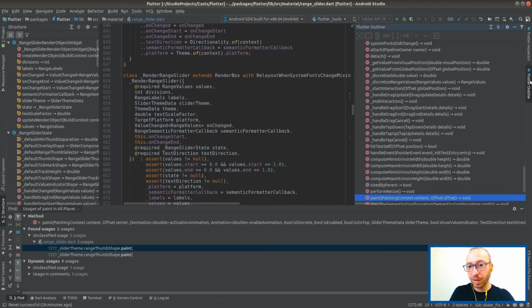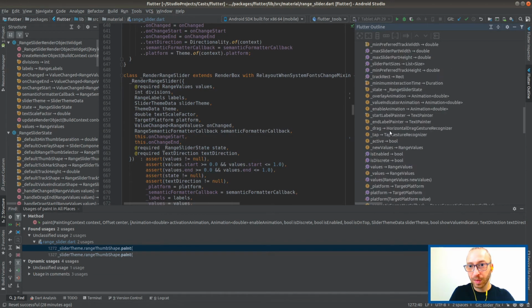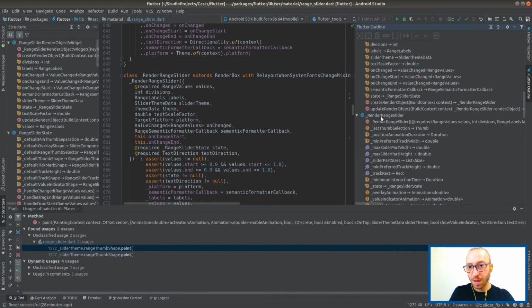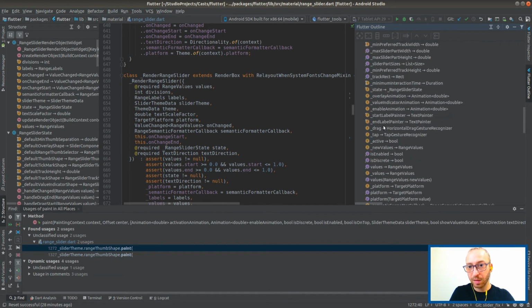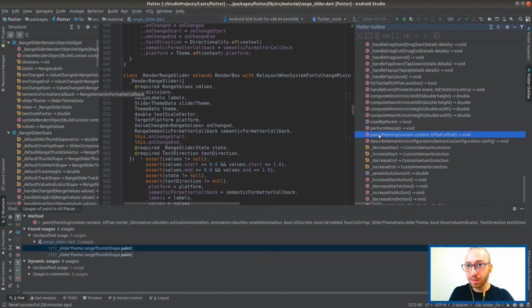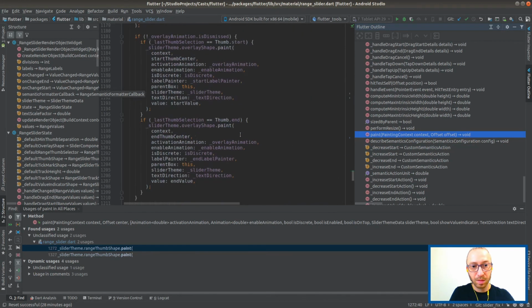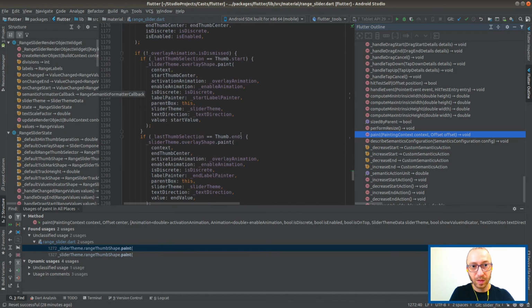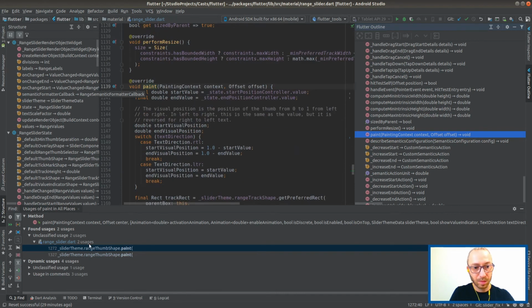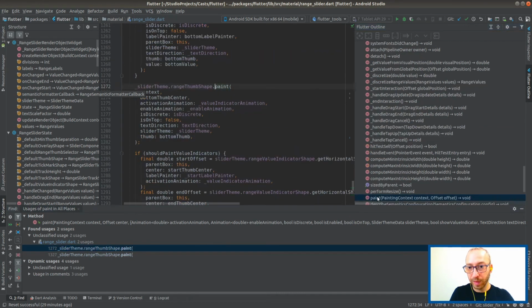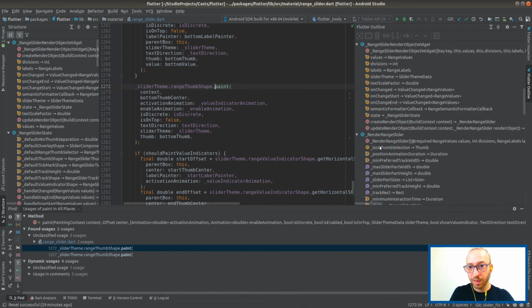This outline sometimes helps. Render range slider. This one actually helps better than the structure somehow, right? Because I know it was here. Yep, paint. Let's try it again. Yeah, this paint, which is inside of render range slider, right? Okay.